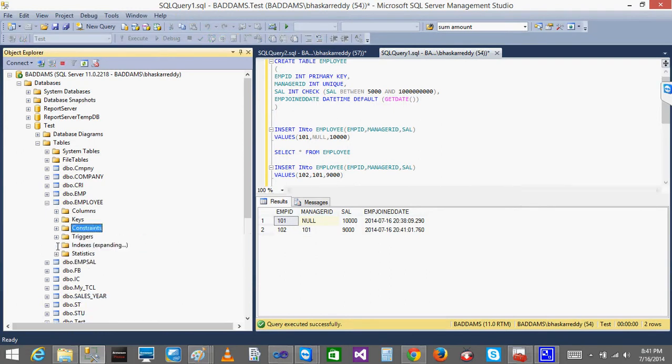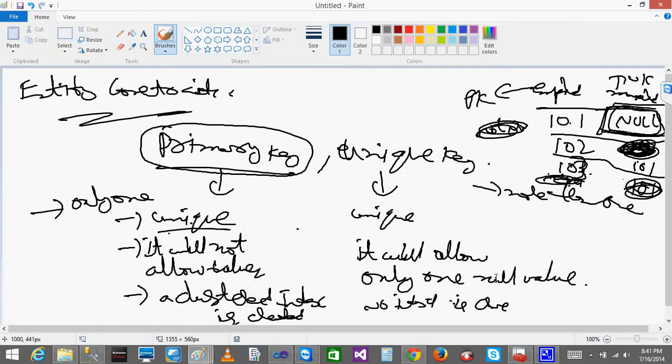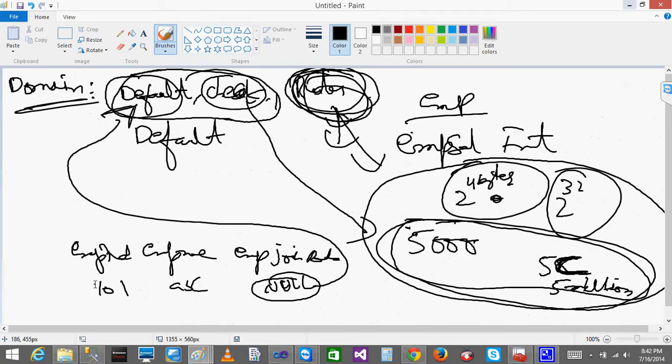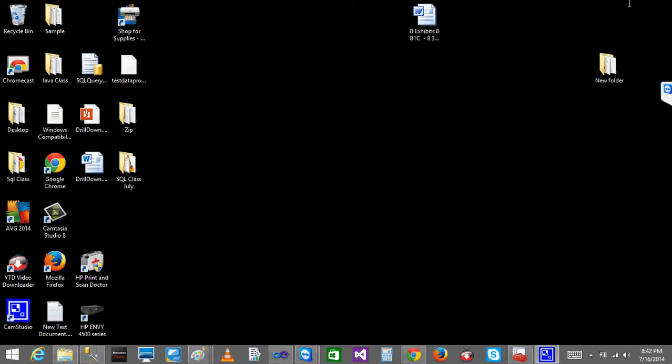Sorry, I forgot to say one more thing about indexes. I informed you wrongly here. I said it will insert a clustered index, and a clustered index is created for the primary key, but for the unique key a non-clustered index is created by default. I said no index would be created, but here a non-clustered index will be created. You can just see here.